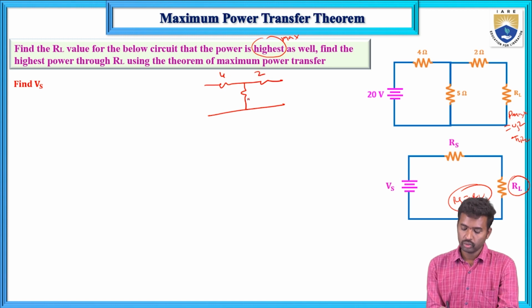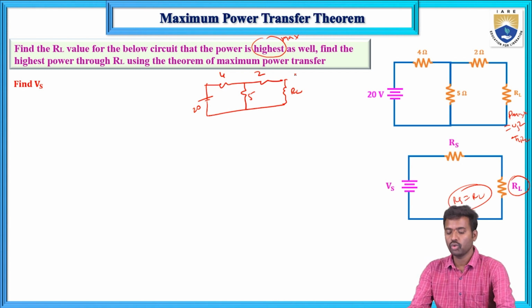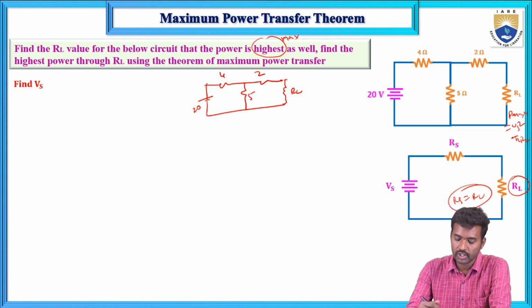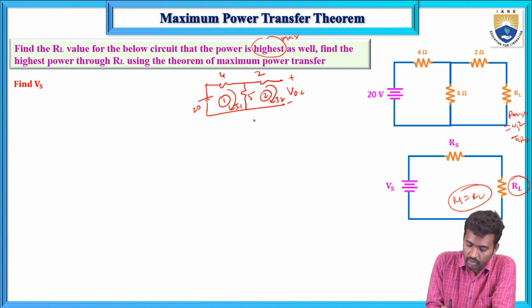4, 2, 5. This is 20, RL. So to calculate the Vs source voltage, first remove the load resistance from the given circuit and calculate the open circuit voltage. Here, this is I1 and this is I2, and I2 current equals 0